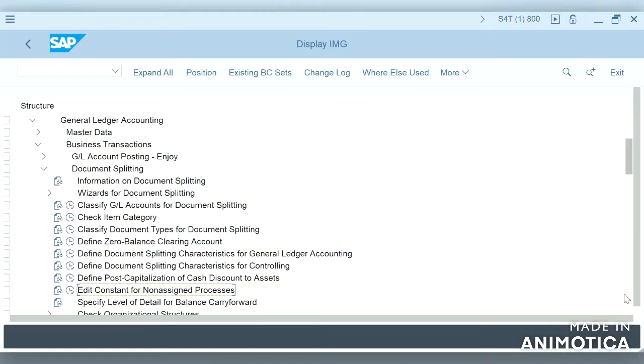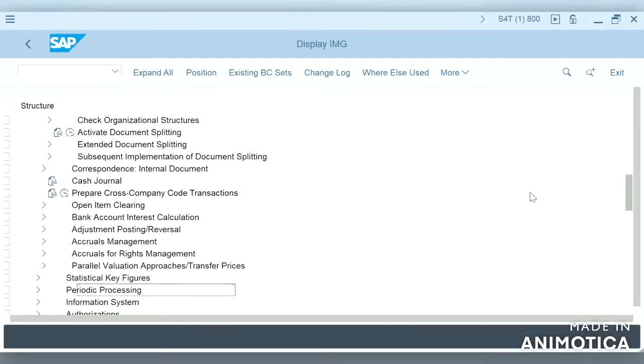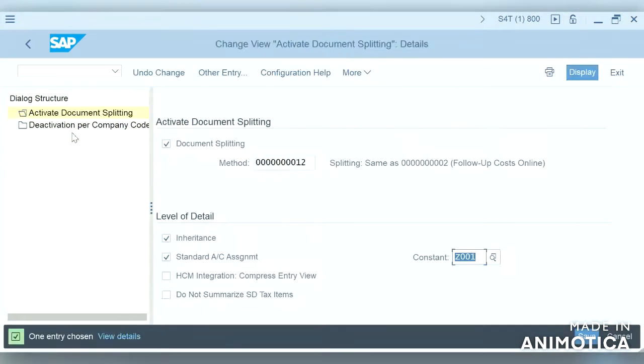So the next step is activate document splitting. As we checked before, finally the step to activate document splitting with additional settings like inheritance and activation of document splitting.